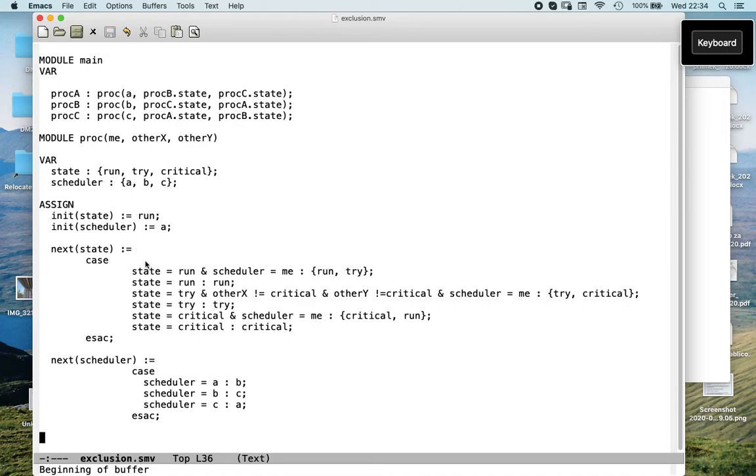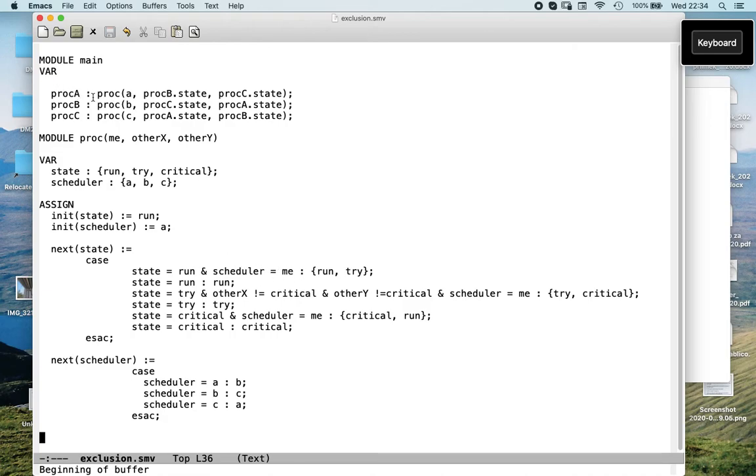So at the moment in our transition system, we were in the state run, run, run, and with the scheduler A, and so if process A is in the state run, and the scheduler is process A,